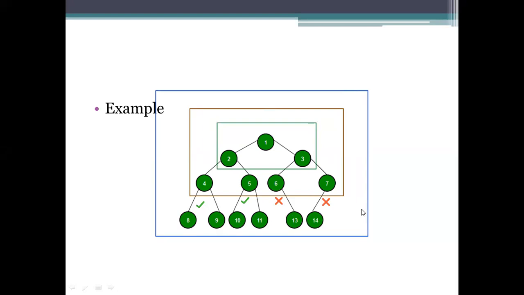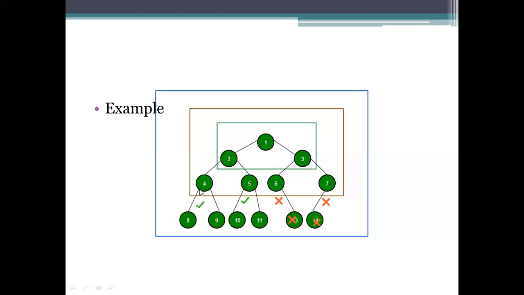Strictly binary tree means each and every node, what we are specifying in a tree, must have either 2 nodes or not at all. For example, consider these nodes are not there. Then what happens? So we will read 1. 1 is having 2 such nodes. Okay, this one is satisfying. And coming to the second level, here 2 is having 4 and 5. 3 is having 6 and 7.